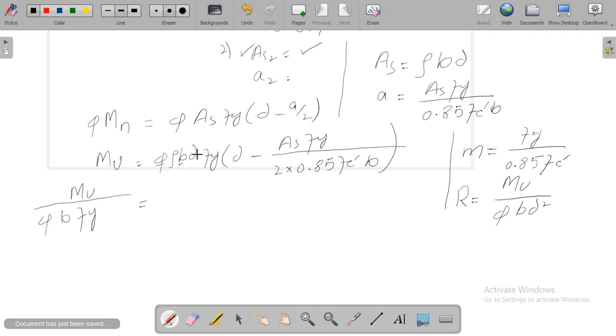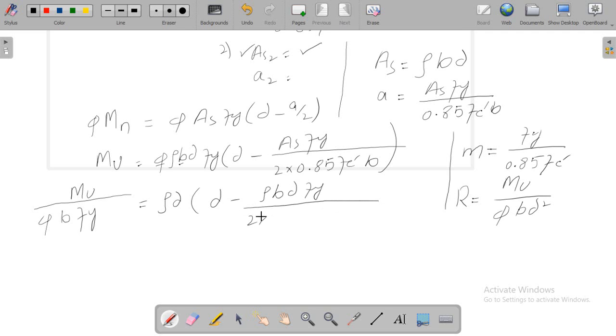And here we have on the right side rho D, and from this side, let me write down here, D S will be equal to rho Bd Fy